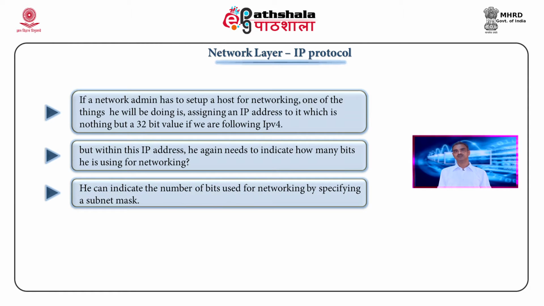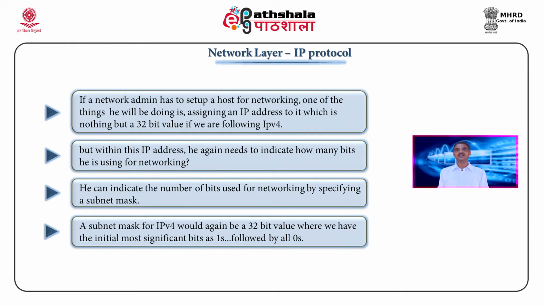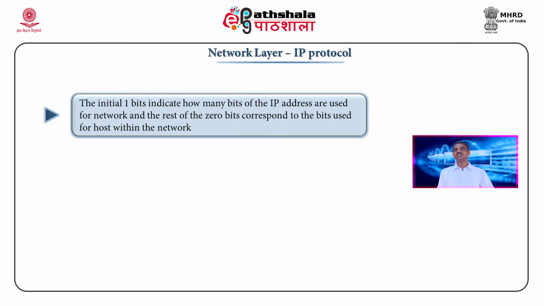He can indicate the number of bits used for networking by also specifying a subnet mask. A subnet mask, for IP version 4, would again be a 32-bit value where the initial most significant bits are ones followed by all zeros. The number of initial 1 bits indicates the number of bits which would be used from the IP address as the network address,